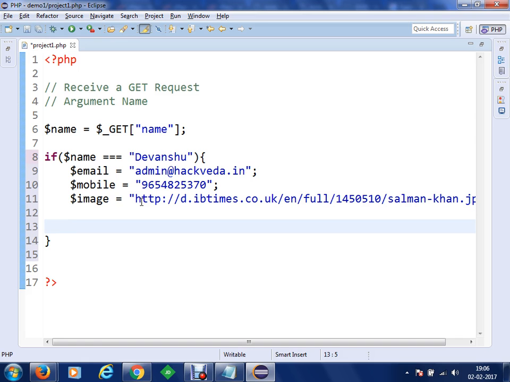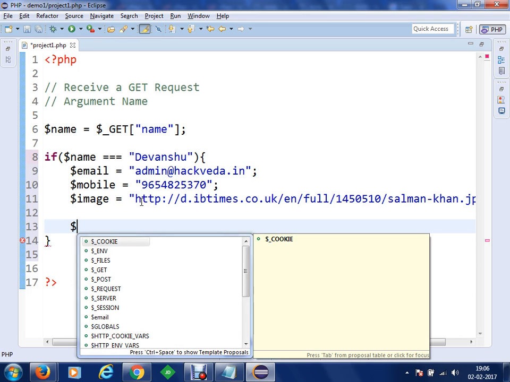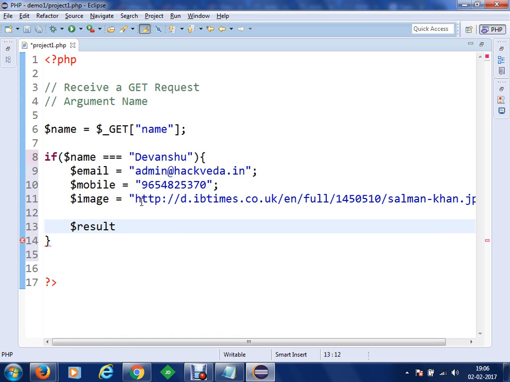In order to create an array in PHP, we can simply use the array method, and within this we are going to create an associative array. This associative array will have a key, and along with the key we are going to add a value.